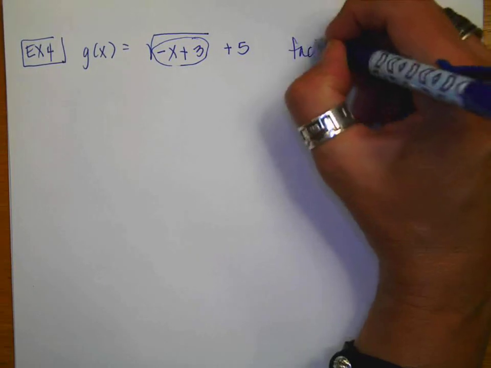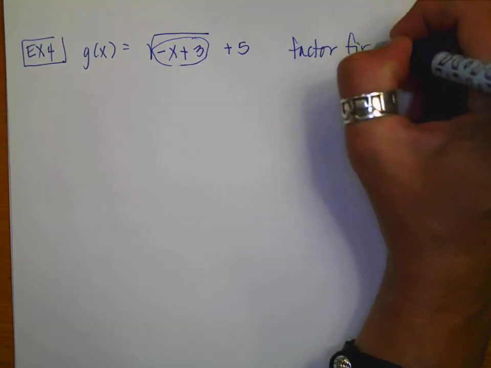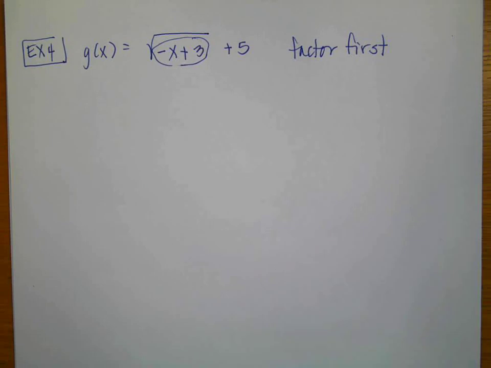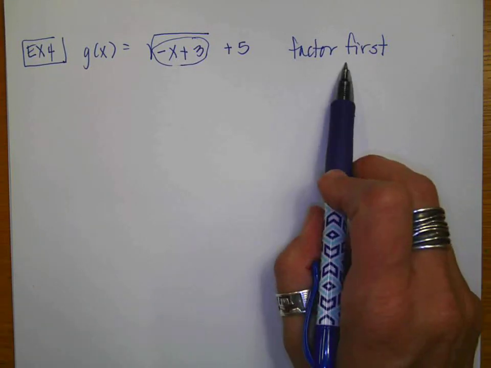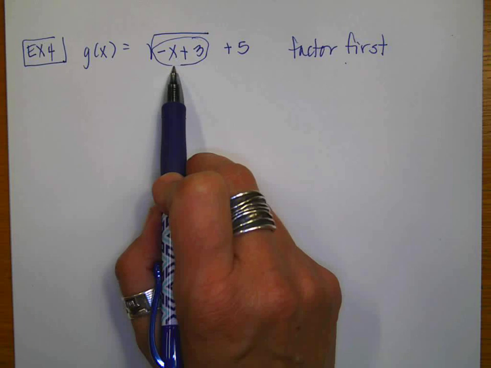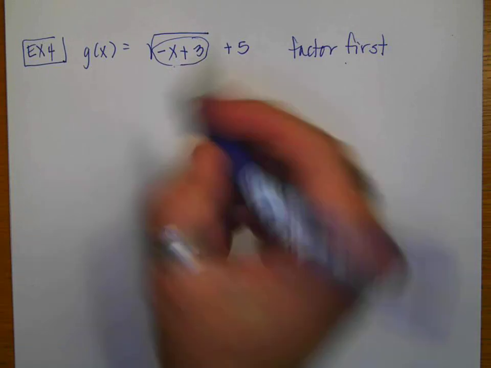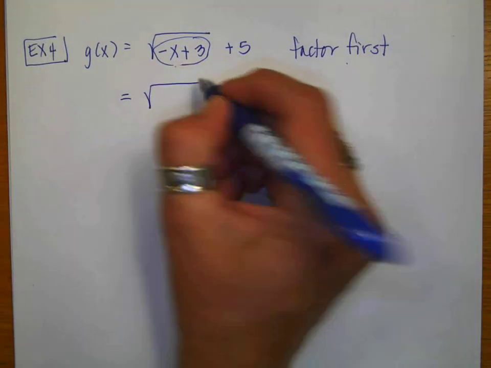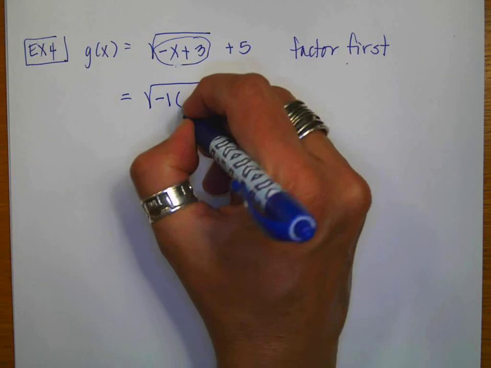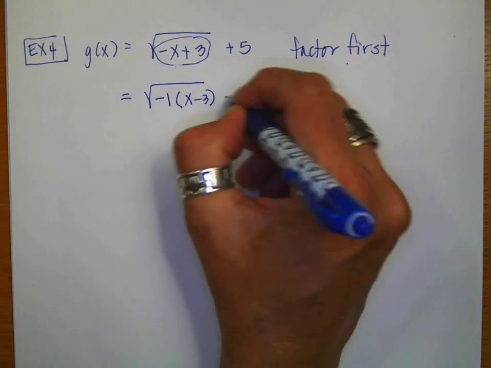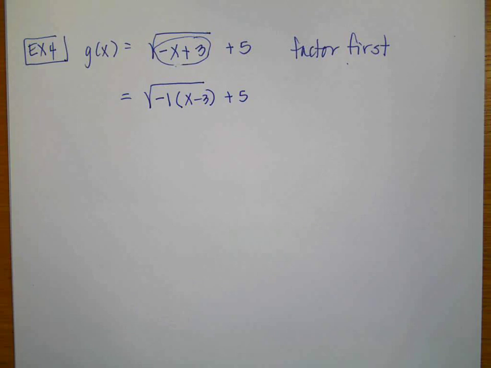Anytime things are on the inside of the function, your job is to factor first. Factoring is our favorite F word. But if you don't factor, you will misrepresent what's going on inside the function. So I'm going to factor out a negative 1, and I get x minus 3,